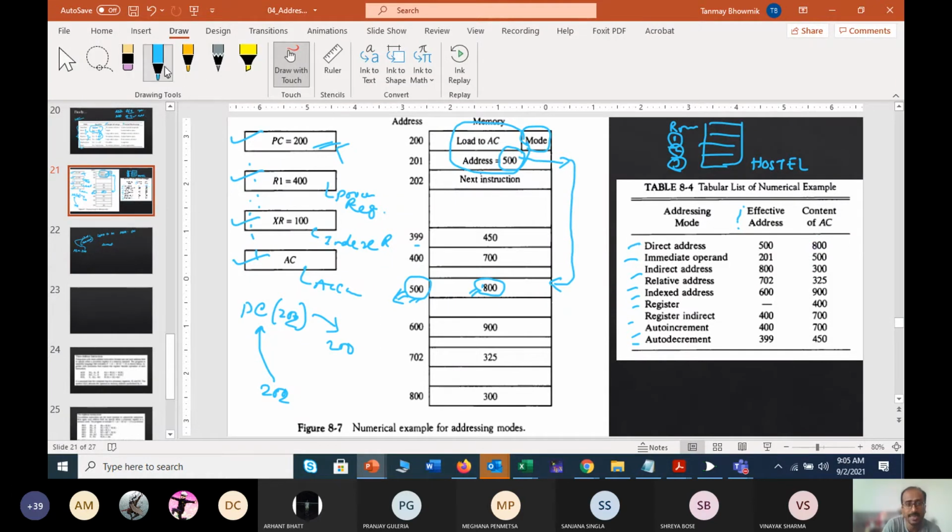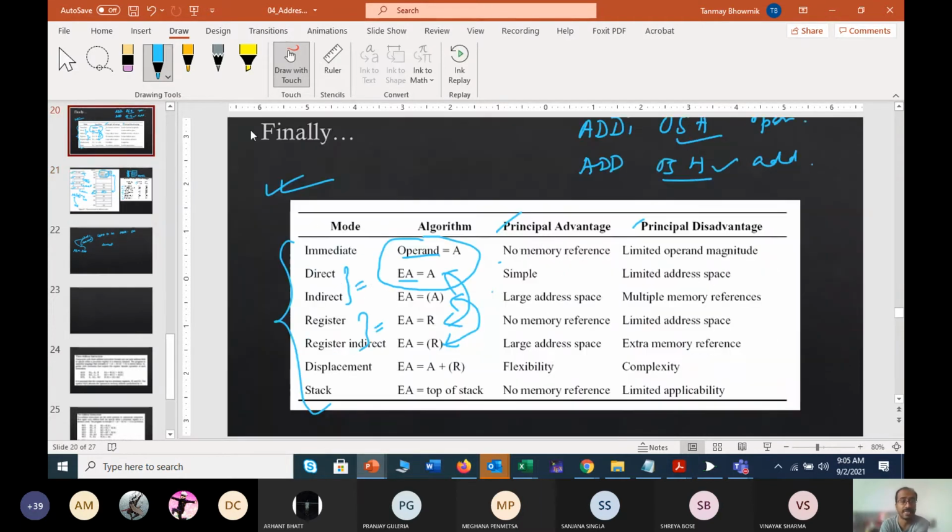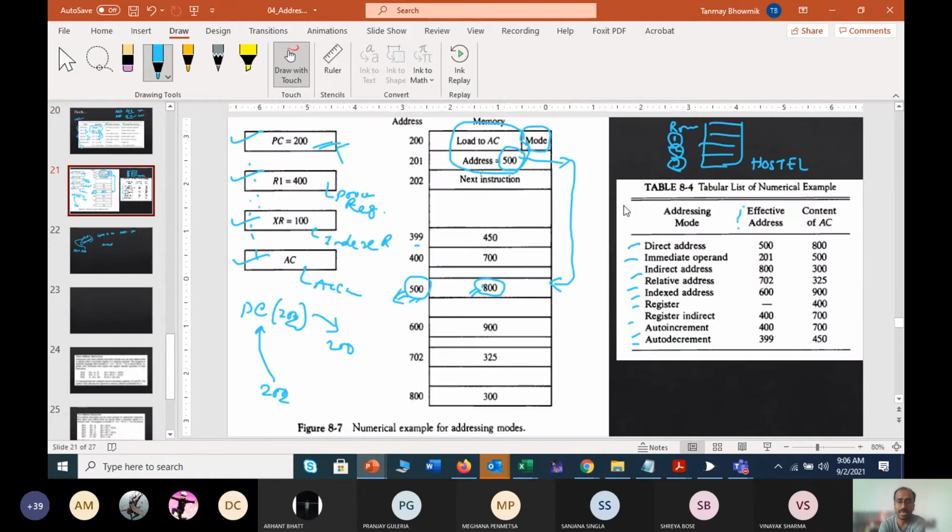Now the next one we will check is the immediate operand. What will happen in this case? Just remember the difference between the direct address and the immediate address. If you check the previous thing, immediate was the operand itself, A, and direct was the effective memory address, A. So here, who is your A basically?